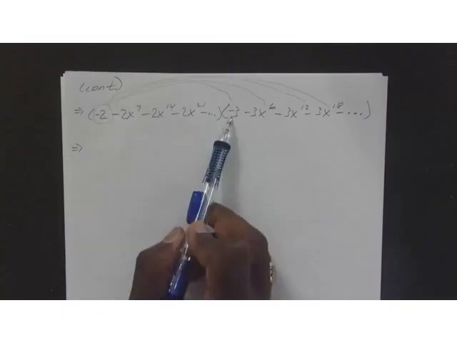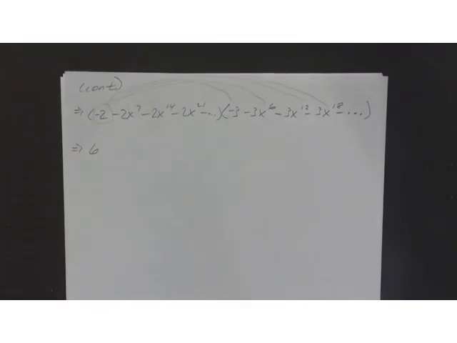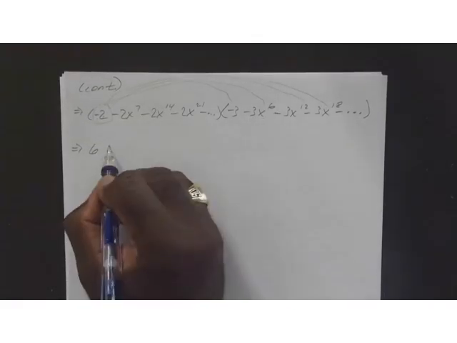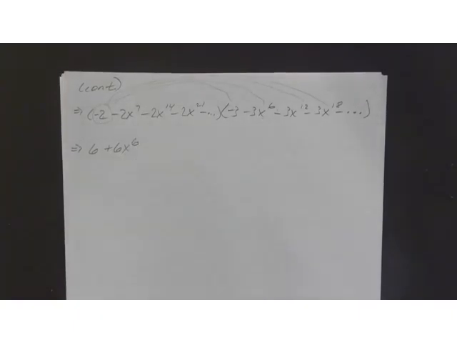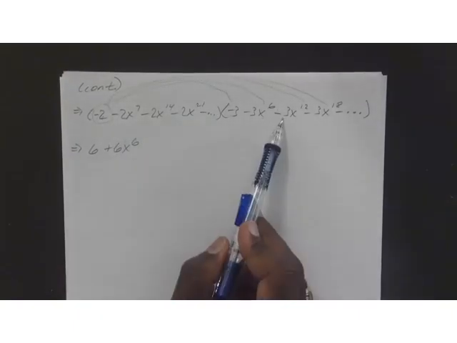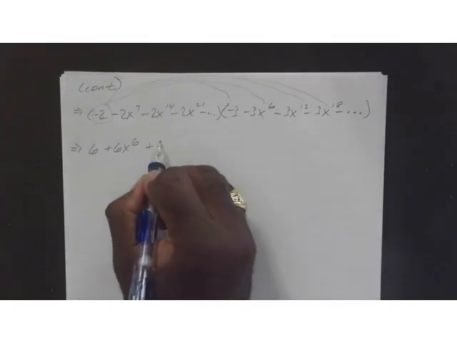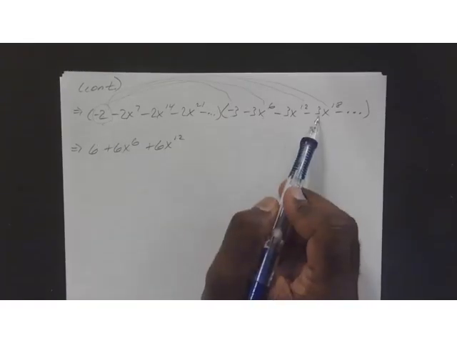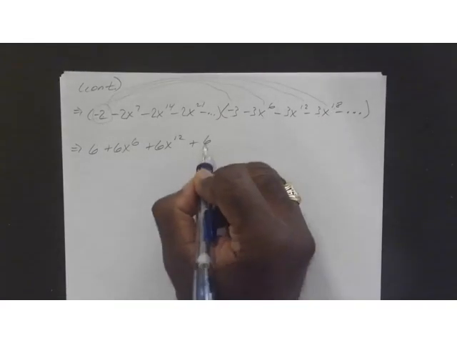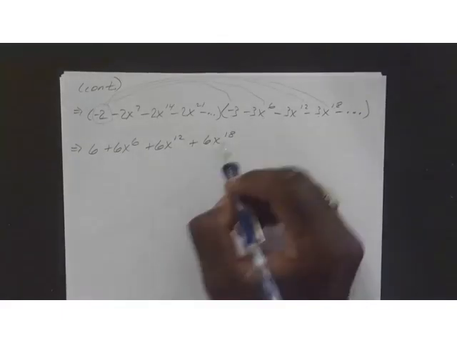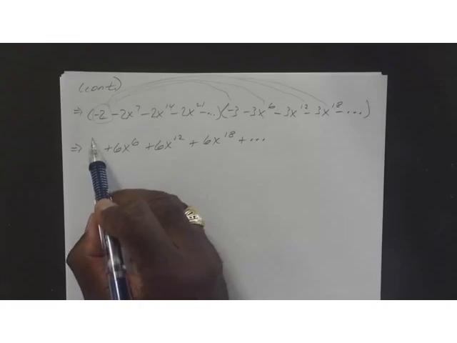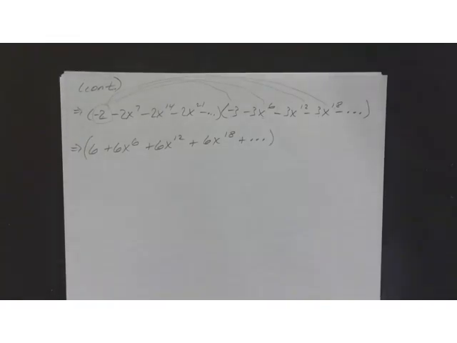Okay, so we have -2 times -3, which is +6. We have -2 times -3x to the 6th power, which is +6x to the 6th power. -2 times -3x to the 12th power, plus 6x to the 12th power. -2 times -3x to the 18th power is plus 6x to the 18th power. And it keeps on going, but we're not concerned with those. Okay, so we have those first four terms,